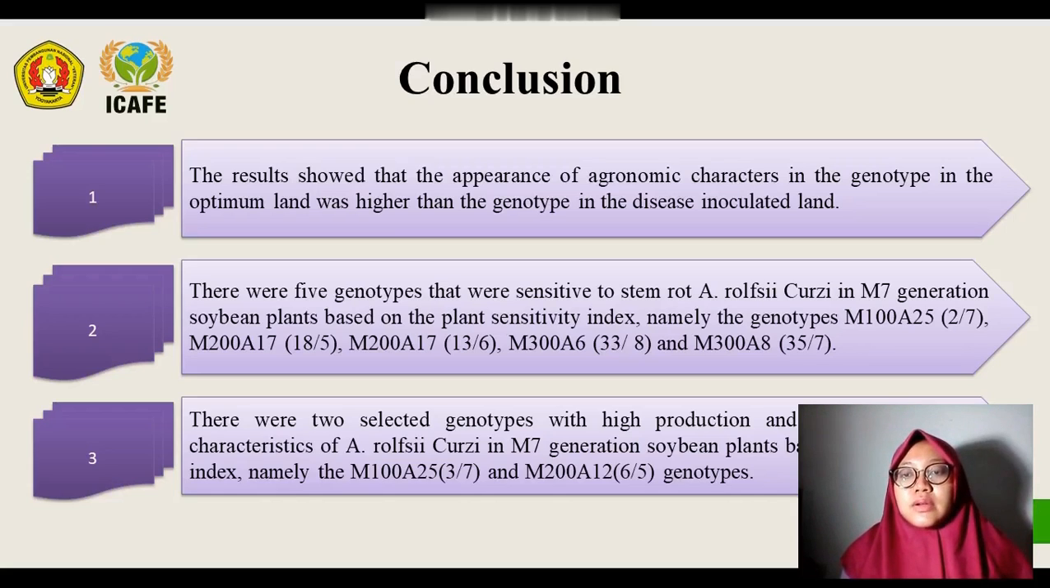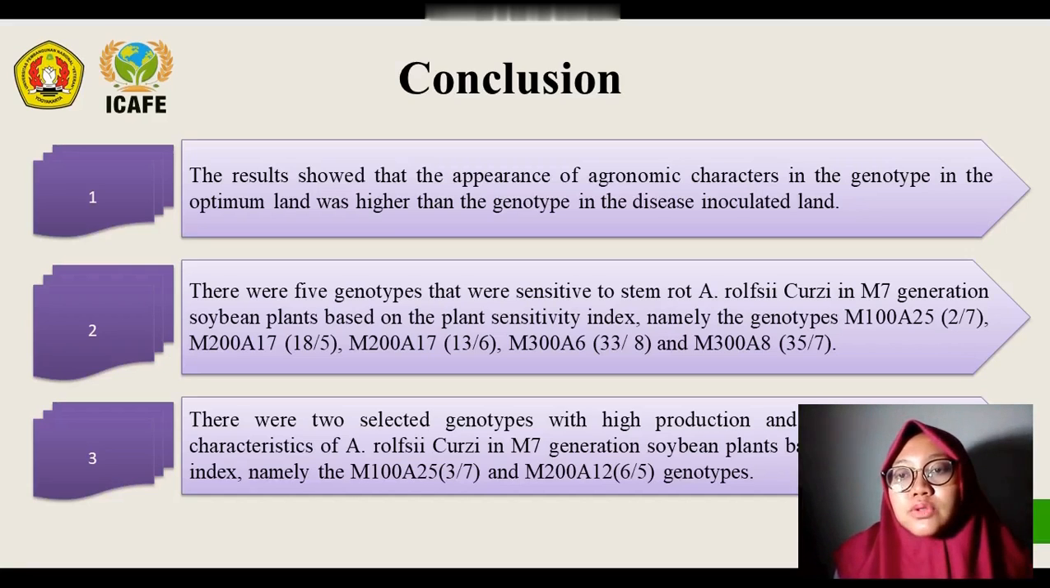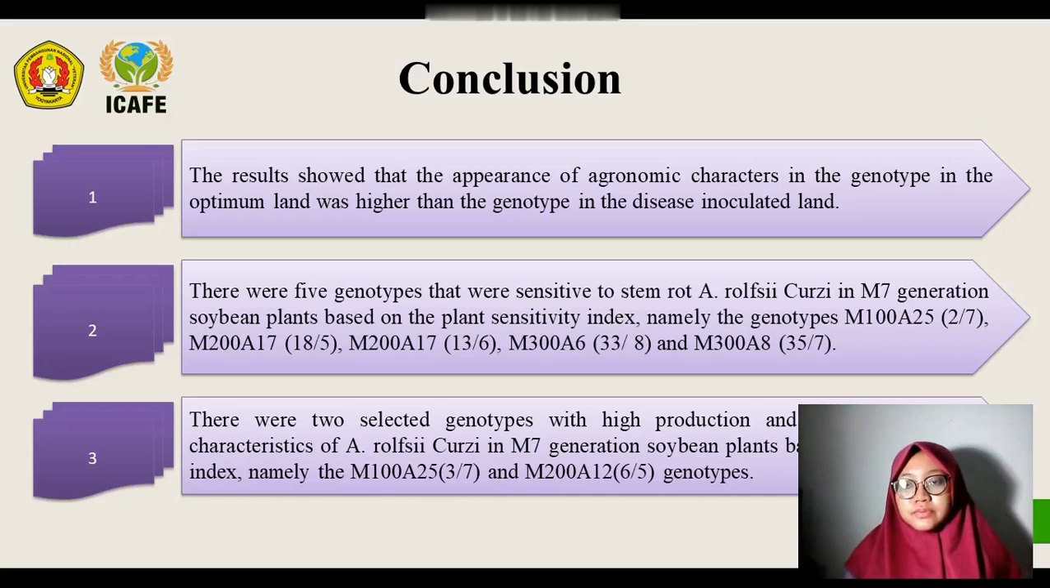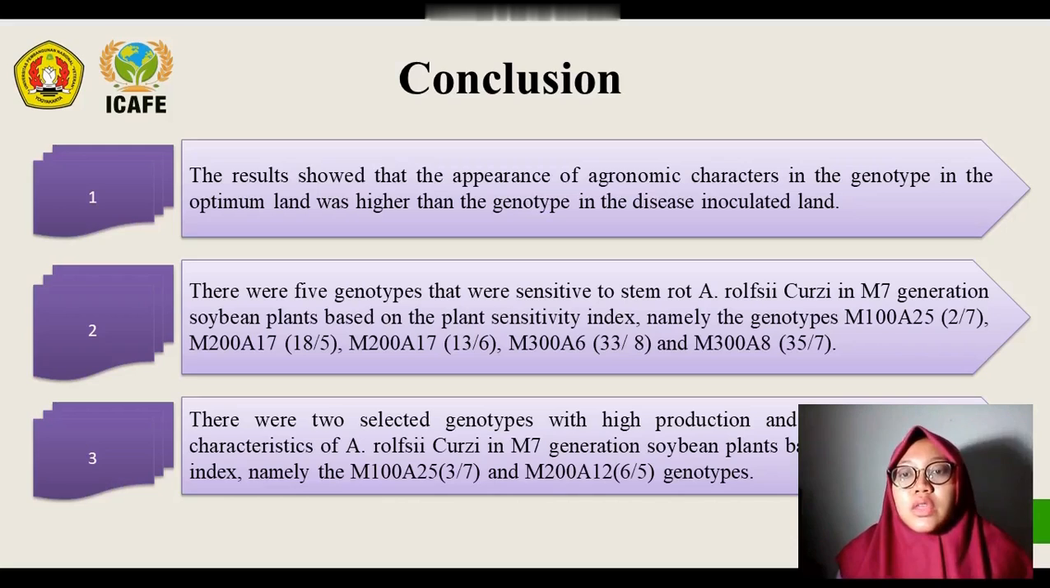M100 A25 2/7, M200 A17 18/5, M200 A17 13/6, M300 A6 33/8, and M300 A8 35/7. Third, there were 2 selected genotypes with high production and resistance to stem root disease in the